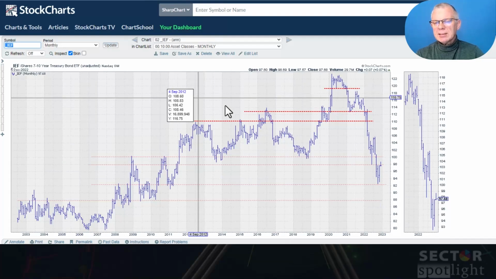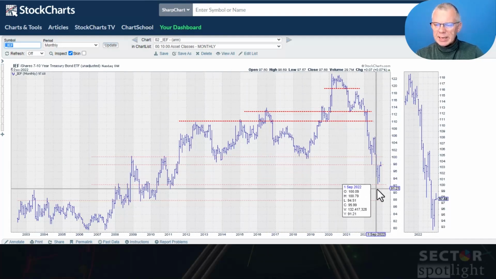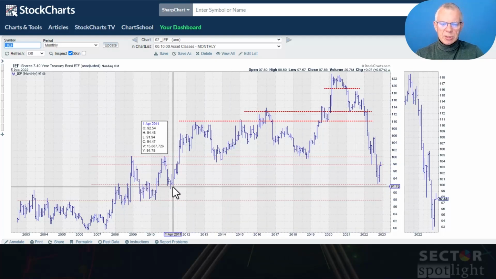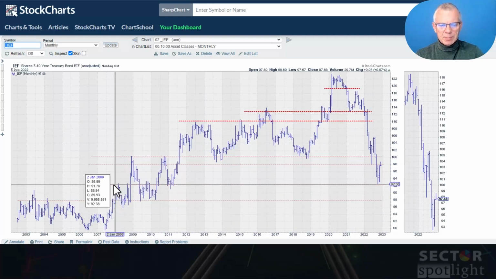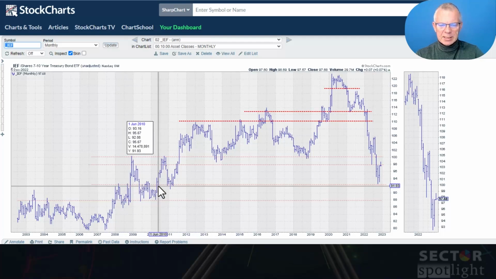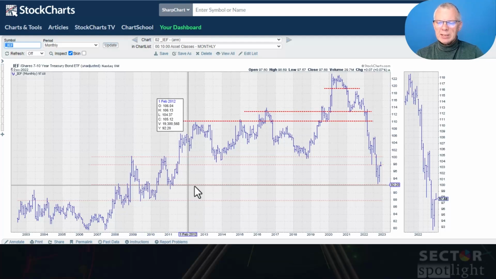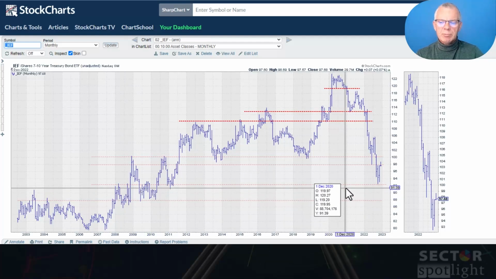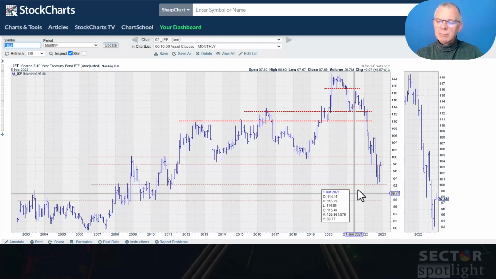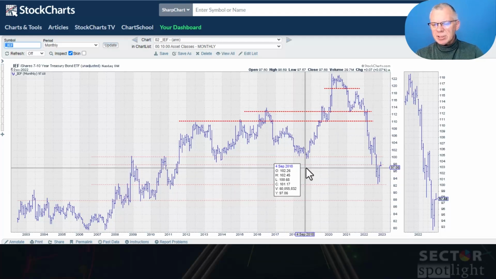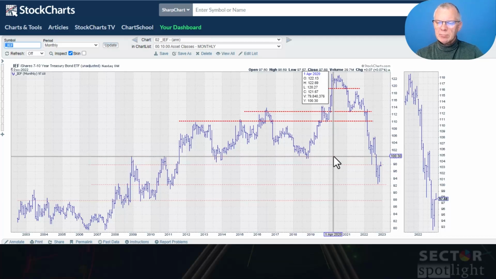We can see that the decline in October bounced off a support level that went back to a couple of highs and a low from 2008 to 2011. So that level was still respected 2 months ago, and we're now rallying, and you can see that we're moving into that resistance zone between 98 and 100.